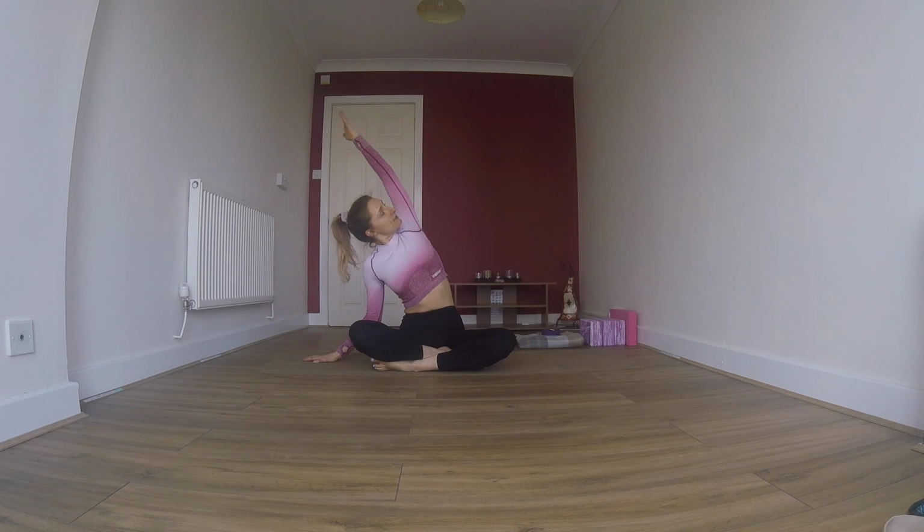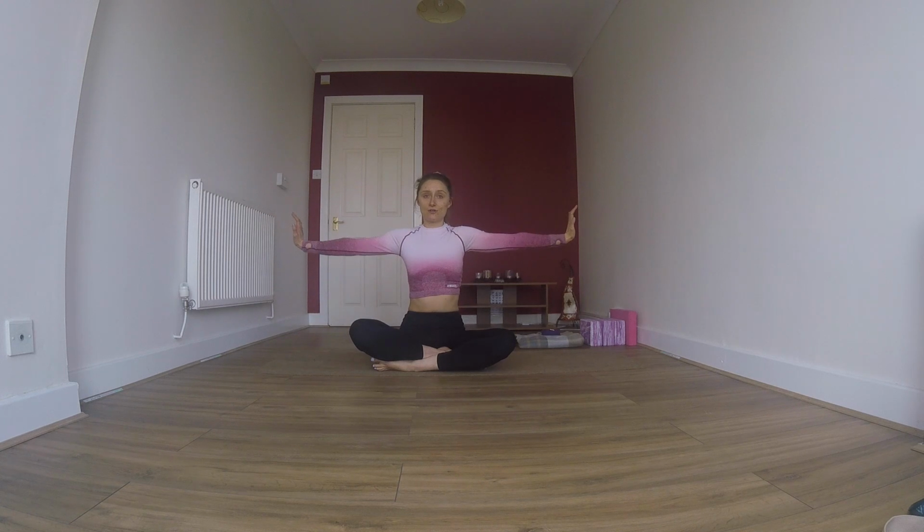The left arm comes high, reaching over the head. So we're really gazing up towards the ceiling here, rolling that shoulder back, opening up through the chest. Inhale, reach through the fingertips, and exhale, go down a little bit further. Inhale, and then exhale, bringing the hands back to shoulder height, this time making a fist with the hands, the